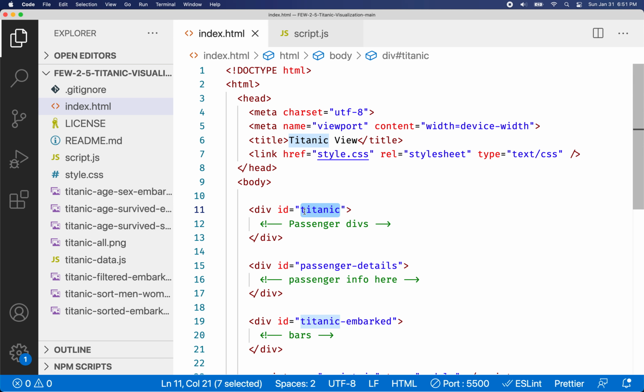So if anything is a child of the ID Titanic div, then it would be one of those divs. Another way to do it would be to give each of these divs a class name,